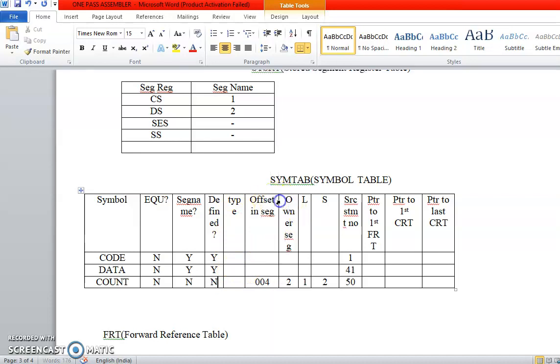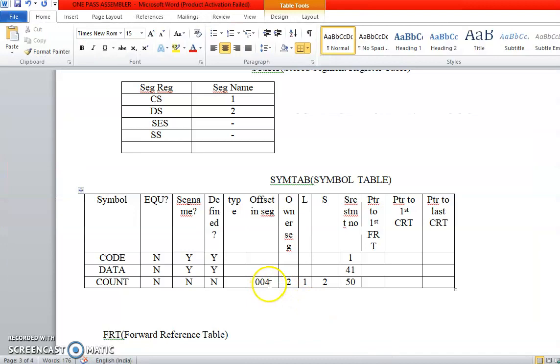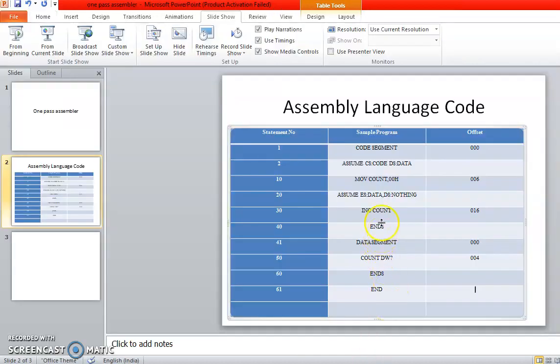Here we specify the offset in segment. We need to go back to our program and check where count is defined. When count is defined, the offset is 004, so I enter 004 here. I also need to specify the owner segment, which is the segment where the symbol has actually been defined. Here we say ES as data and DS as nothing.